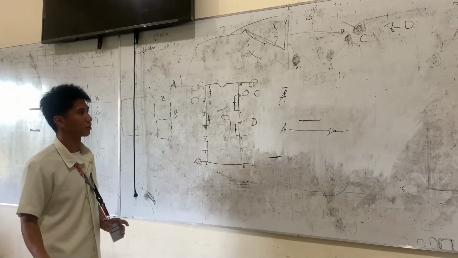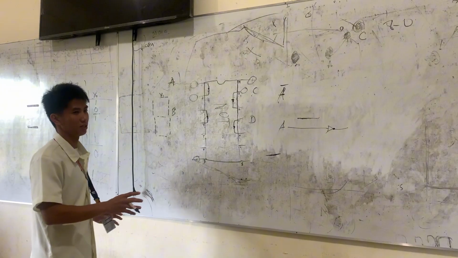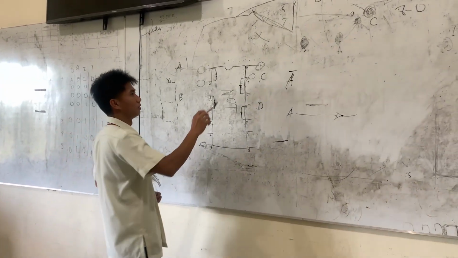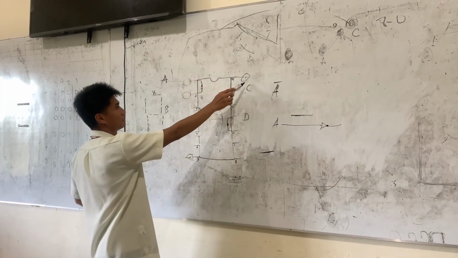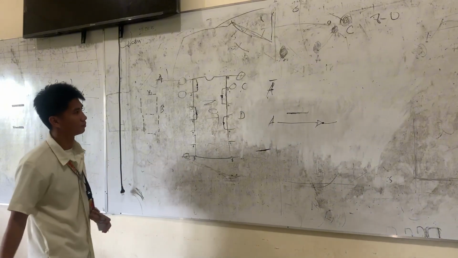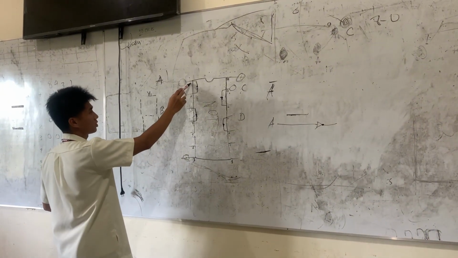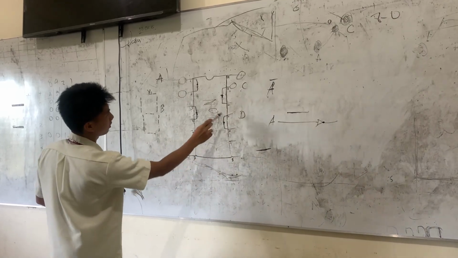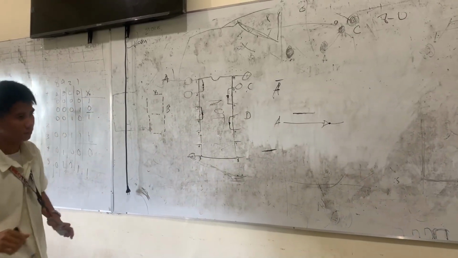So how does it all work? Let's talk about the NOT gate. The thing that you just need to remember is the positive line, which is pin 14, and pin 7, which is the negative one. So this is just how you see the pins. It should be 1, 2, 3, 4, 5, 6, 7, 8, 9, 10, 11, 12, 13, and then 14.